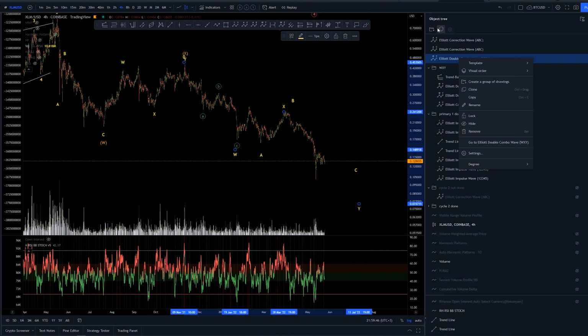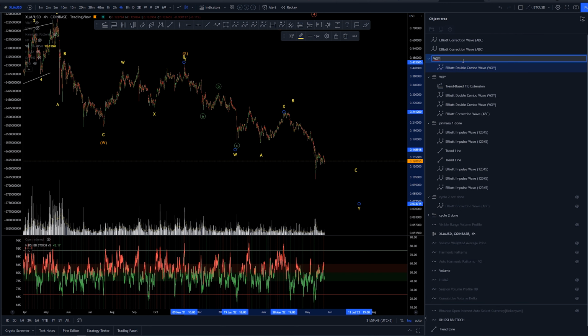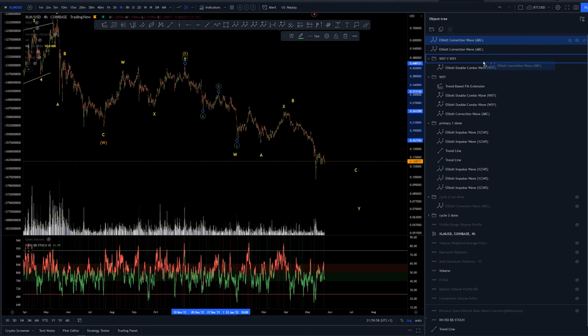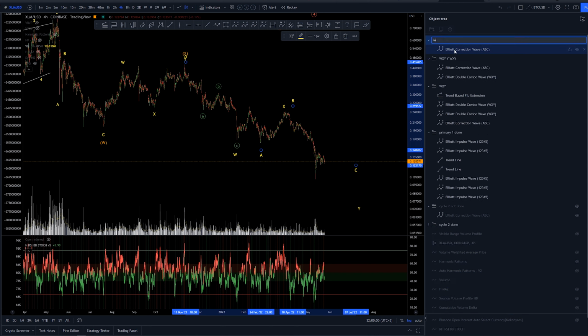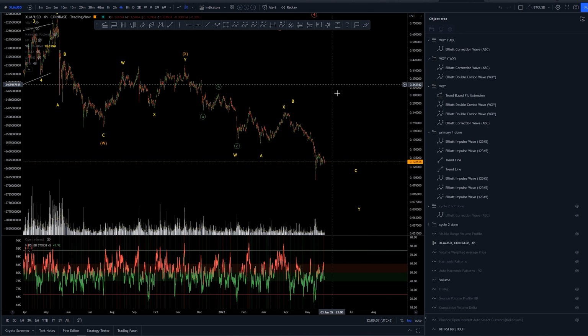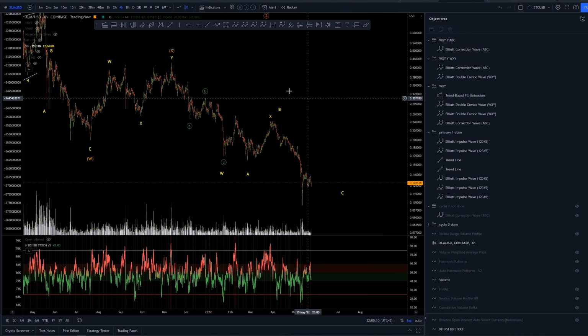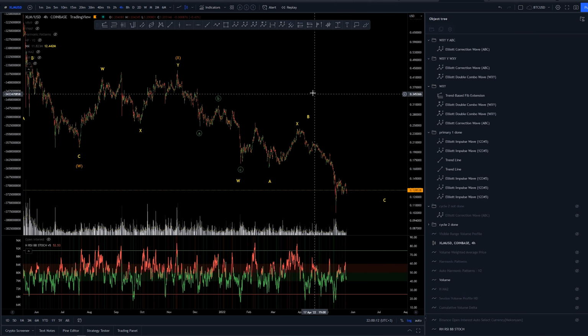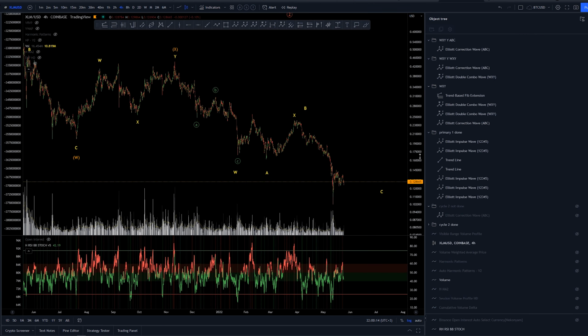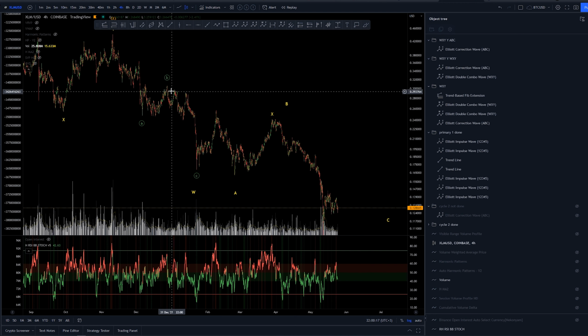And this is the WXY, YWXY, meaning the Y wave has a WXY, that's why I'm labeling it that way. And this one was part of this one, and this one is again WXY, YABC. So we could have ABC here. Would that work? I mean, we could have a massive